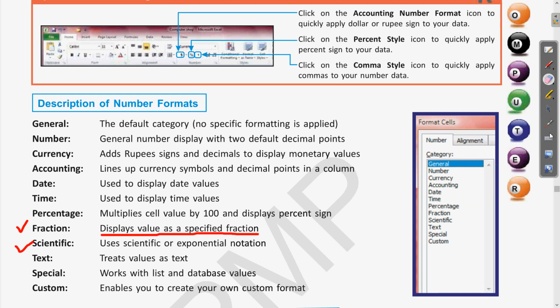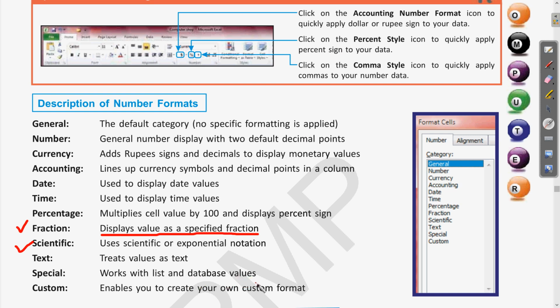Clear? Then moving to the next, that is text number format. So here in the text format, whatever values we are willing to write in these cells will be text. Next is special number format. So this is used for working with list and database values.